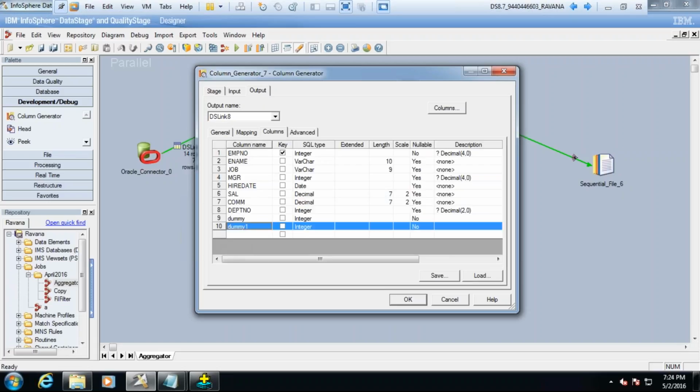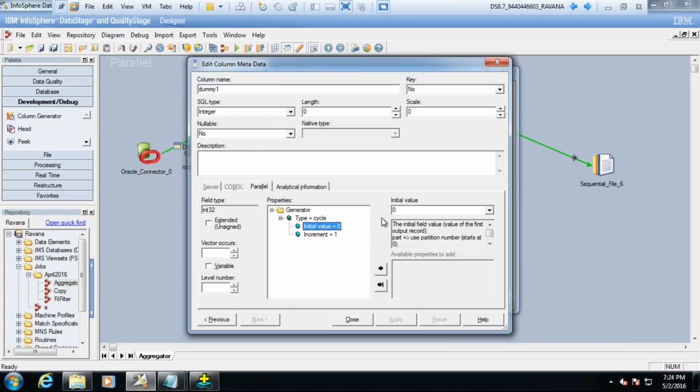I have done it wrong. I did increment by 1. That's the reason it has become 42. 1, 2, 3, 4, 5, 6, like that it keeps on incrementing, so I got the 42. So the initial value is equal to 1, and the increment is equal to 0.